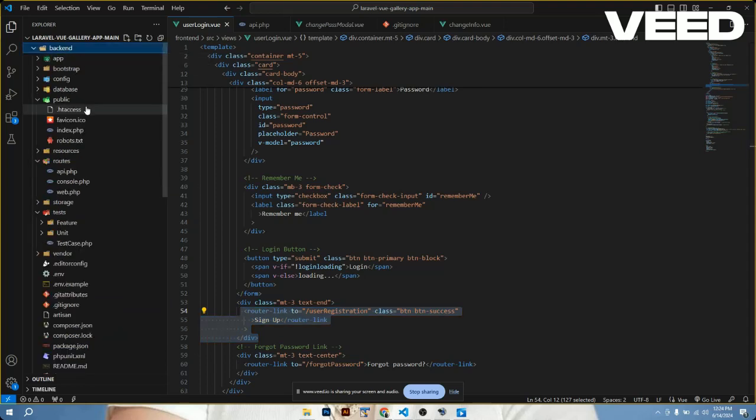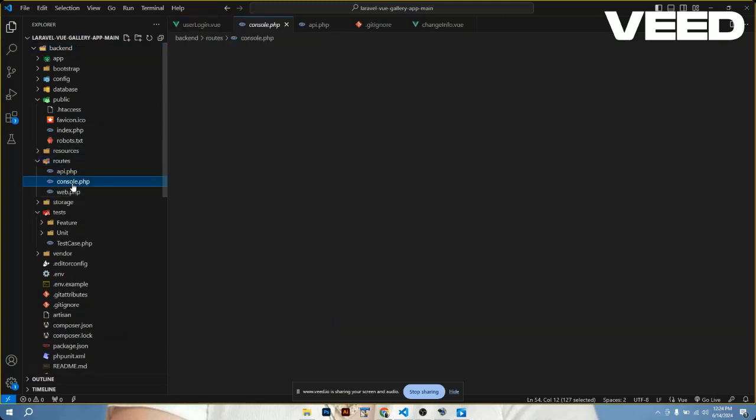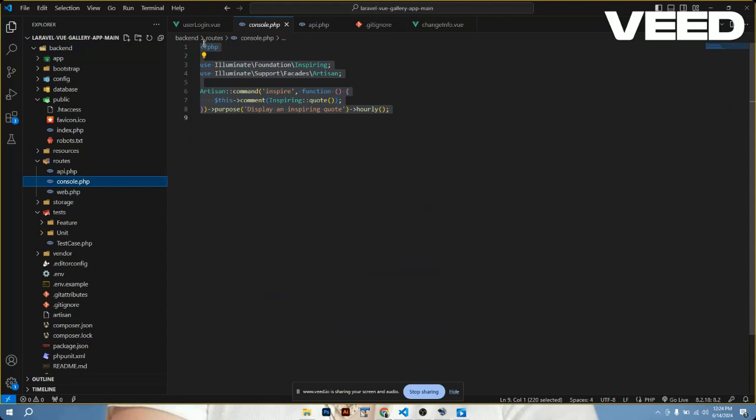Next is the back end. Here, console. This line imports the Inspiring class from the Laravel Foundation package, the Artisan package. The Laravel facade provides a static interface to classes available in the service container. Second line,